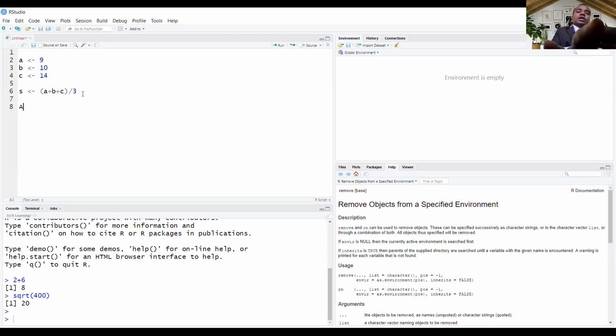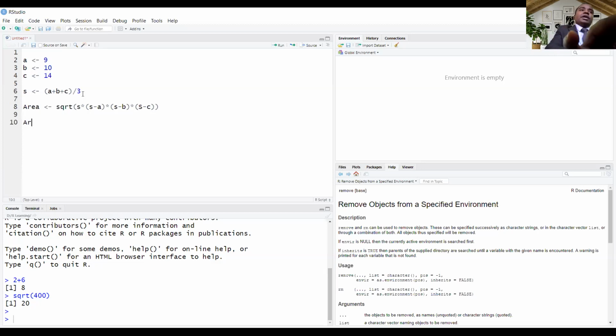Then Heron's formula: area equal to, sorry, we know it is the square root of s into (s minus a) into (s minus b) into (s minus c). Then we'll print this result.